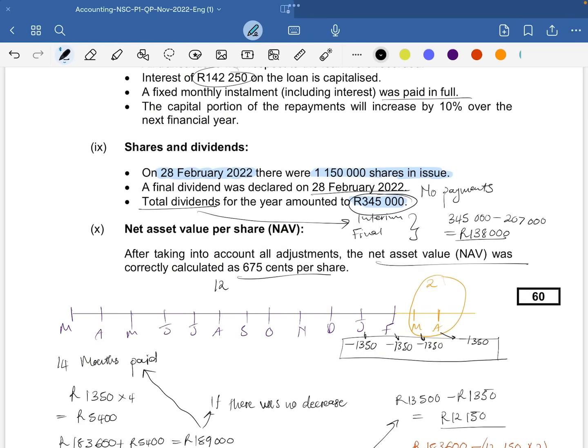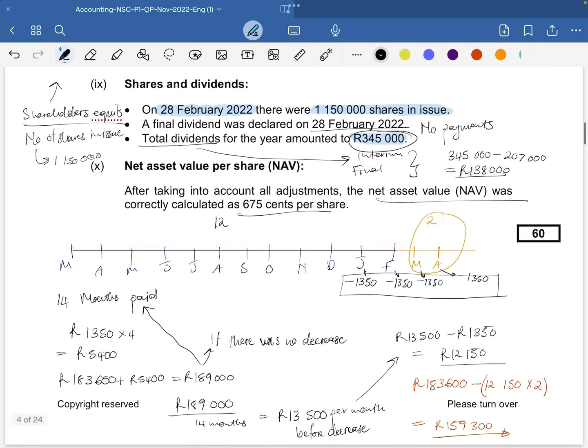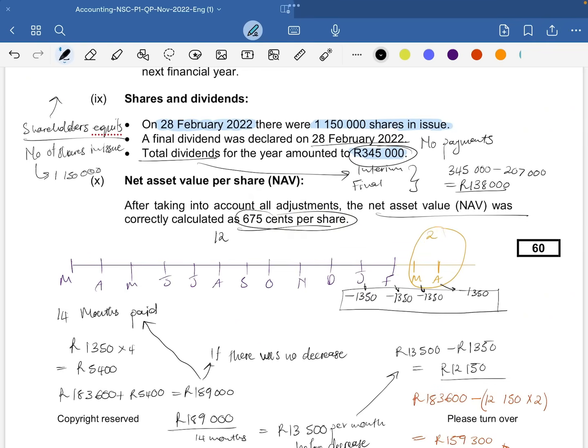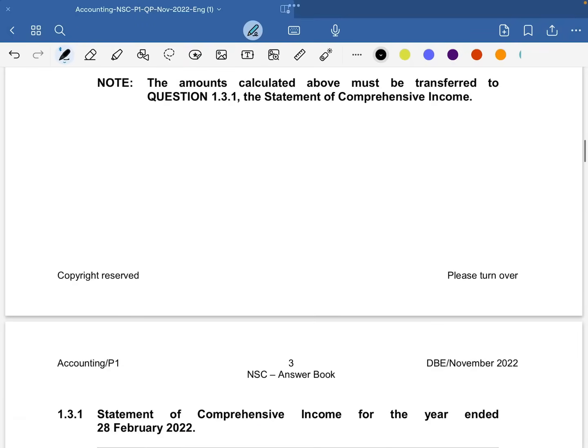Remember that your net asset value per share is your shareholders' equity over the number of shares in issue. Right, number of shares in issue, they told us it was 1,150,000. Then shareholders' equity, we are going to determine that, because we're given the net asset value per share. Let's just say 6.75 cents. Let's change that to rands. 6.75 is equal to your shareholders' equity,